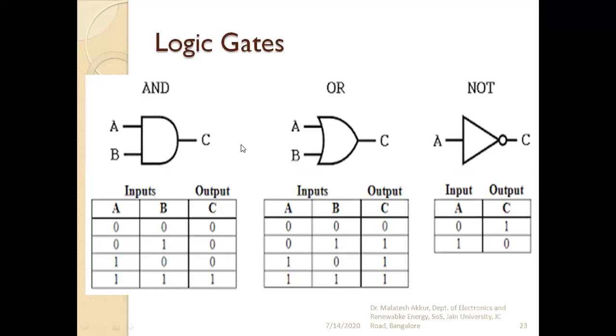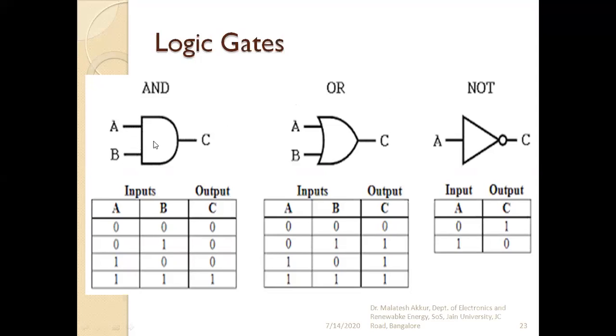He will check certain conditions with the visitors. If he is valid, if he is able to give satisfying answers to the security person, then only he allows. So there is a meaning to calling these circuits gates. These gates will allow the output to go high only under certain conditions which are met at the